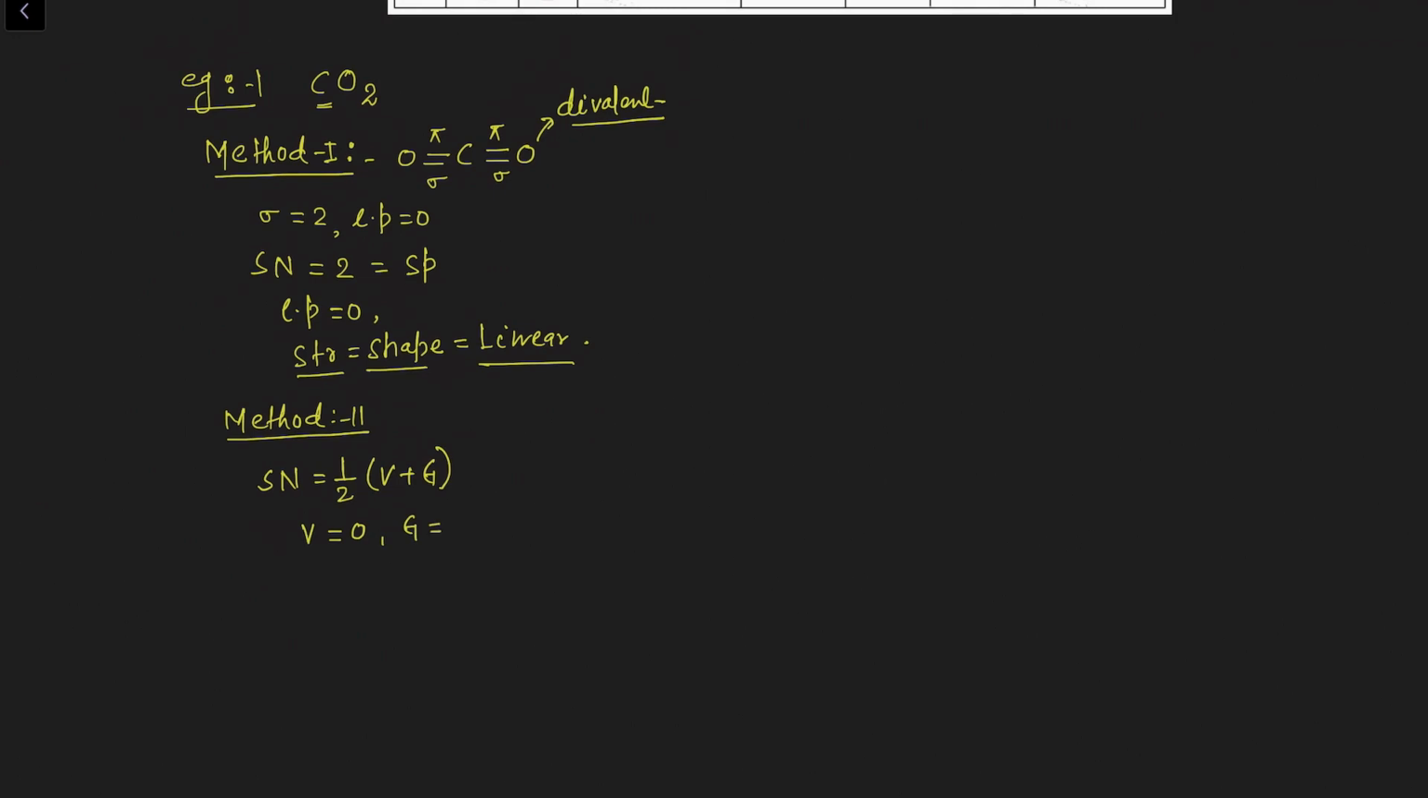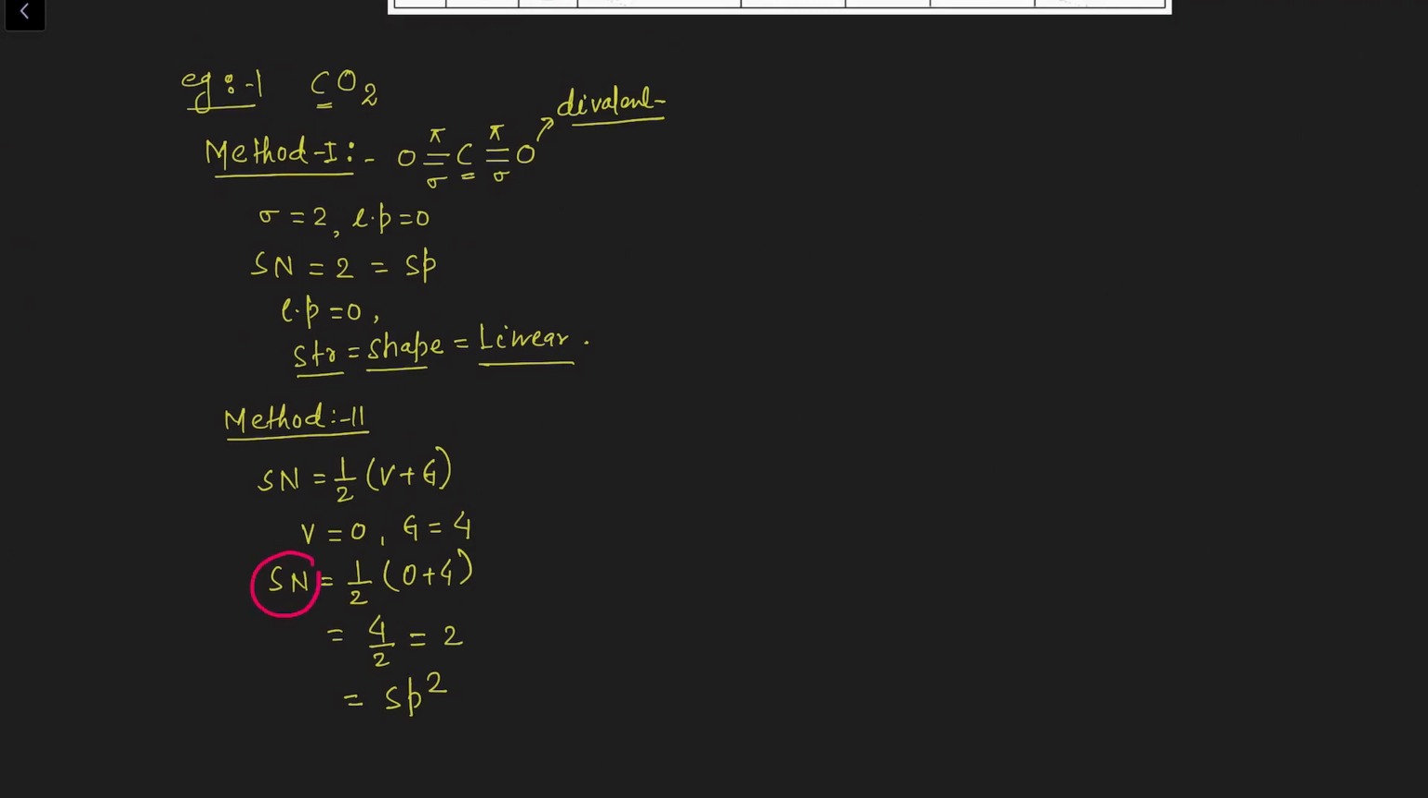G stands for the valence electrons of the central atom. In this molecule, the central atom is carbon, and the carbon valence electron count is 4. So now the steric number is half (0 + 4), that is 4 by 2, which is equal to 2. So as I told you, formula number 2 only gives an idea about the